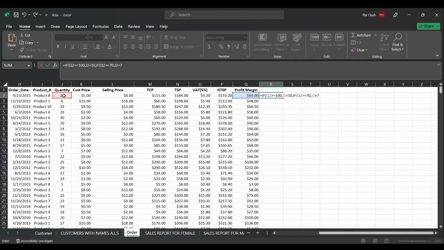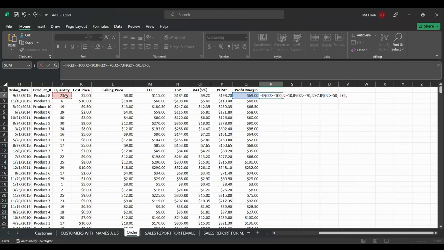Now, comma, IF again, the profit margin is greater than or equal to 50, comma, then J2 plus 5. So if they did not meet any of these three criteria, comma, so if they did not meet any of those criteria,